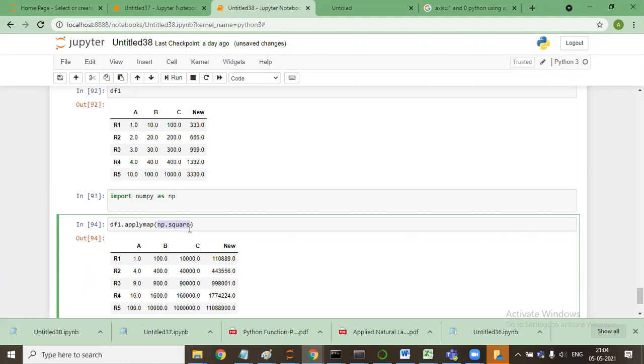So when I say np.square, it will automatically square each and every value in the data frame. If I say apply and pass any argument, then it means entire rows or columns need to be passed. This depends on the function that you're using.